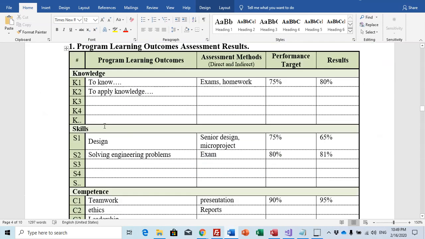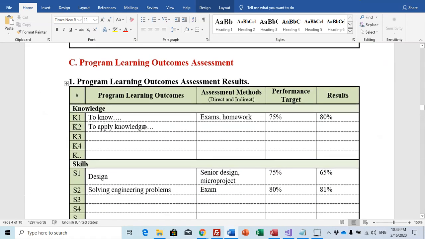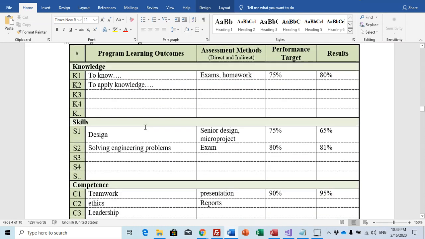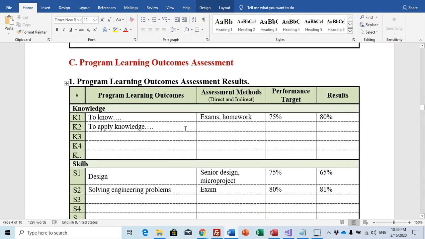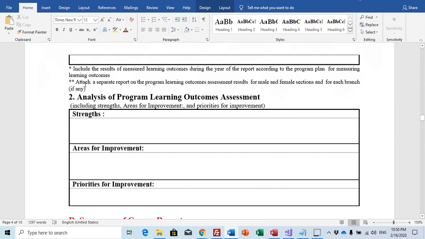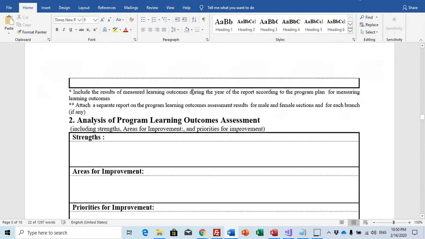Let's have a look here for our stars. You see, I cannot see stars here, but include the results of measured learning outcomes during the year of the report according to the program plan for measuring learning outcomes. Really, it is important that you have a program plan to measure your learning outcomes.